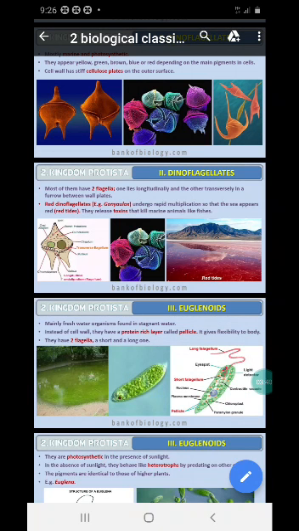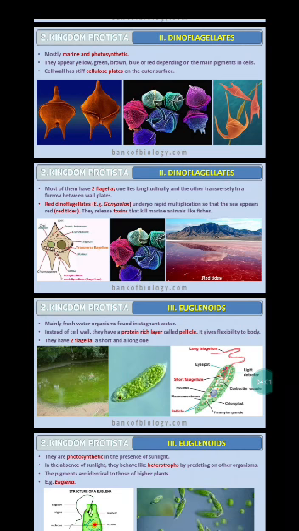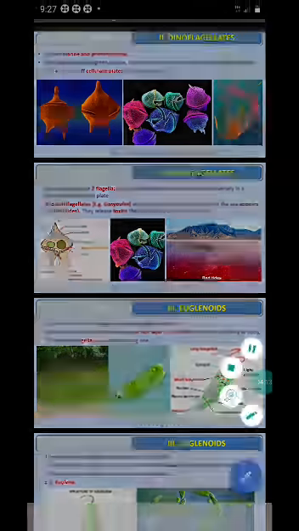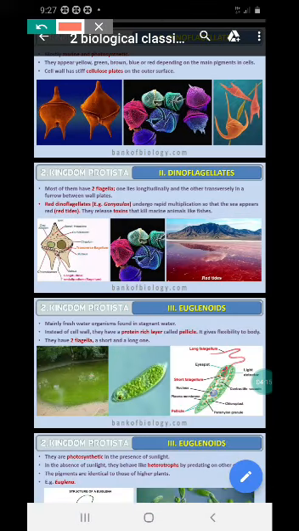Next is the dinoflagellates. As the name says, dinoflagellates, which means they have two flagella, one present longitudinally and the other present transversely in the cell wall plates. Okay, right. And they also are photosynthetic, which means they have this chlorophyll. Besides this chlorophyll, they have also got some other colored pigments like the red pigment and blue pigment, blue-green pigment, like that.